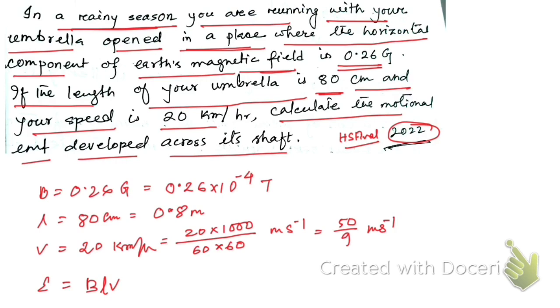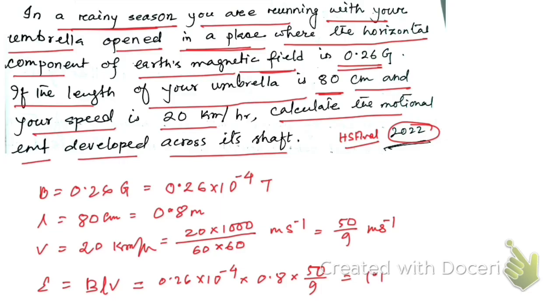Motional EMF is BLV. We have already proved this in a previous video, which was also asked in the previous year's AHSEC final examination. So here the magnetic field is 0.26 into 10 to the power minus 4, the length is 0.8, and V is 50 by 9. If we multiply all those, then the motional EMF will be